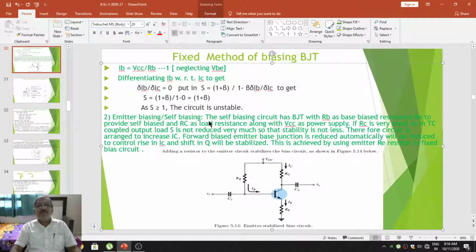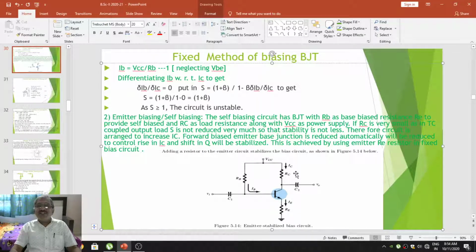To proceed, as usual, in case of the fixed biasing method, it consists of a transistor Q, which is used again in common emitter configuration. Input is applied between base and emitter, whereas output is taken across collector and ground. The fixed biasing voltage is obtained by connecting resistance RB between VCC and the base, that allows base current IB to pass through the base of the transistor Q.